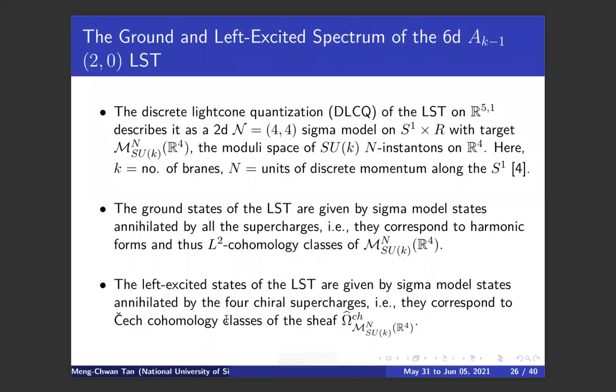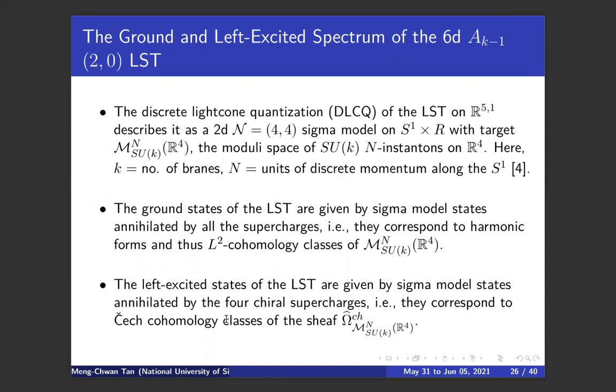There is a way to understand these little string theories from work back in the late 90s. A lot of people have tried very hard to understand it. One of the ways is the discrete light cone quantization, or DLCQ method, of the little string theory to ascertain its spectrum, where the NS5 worldvolume is R^{5,1}.